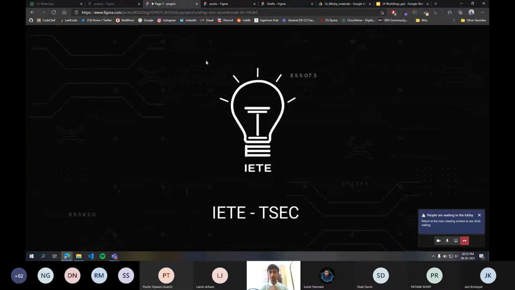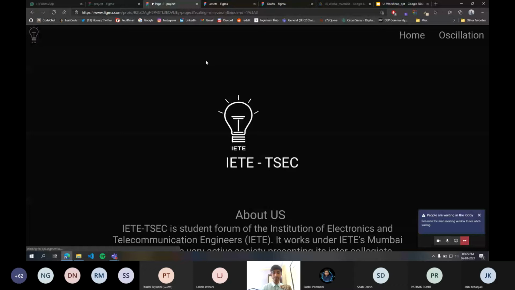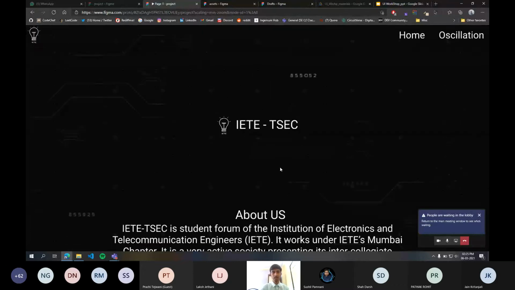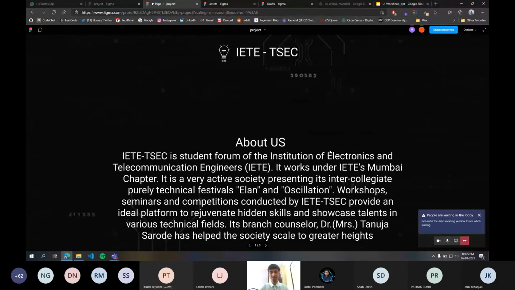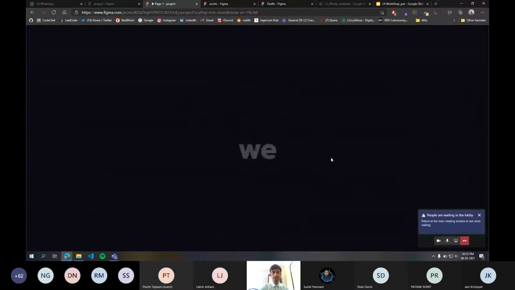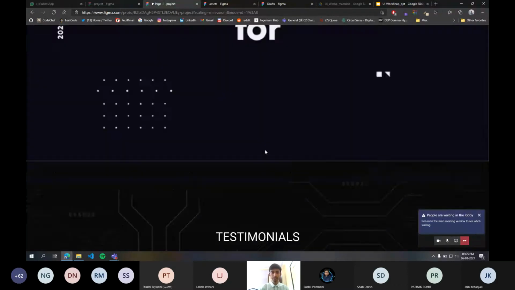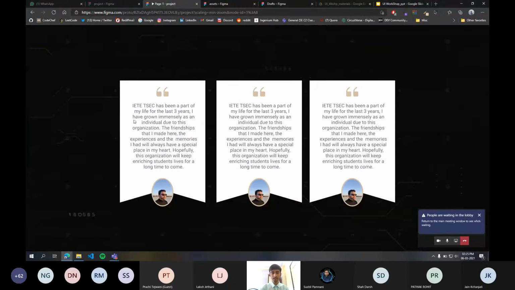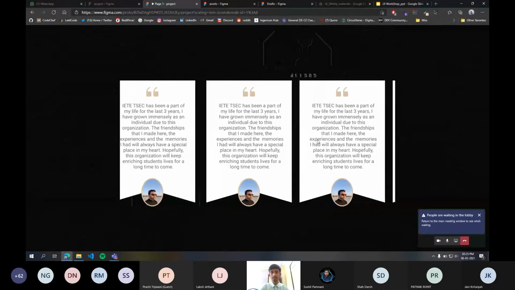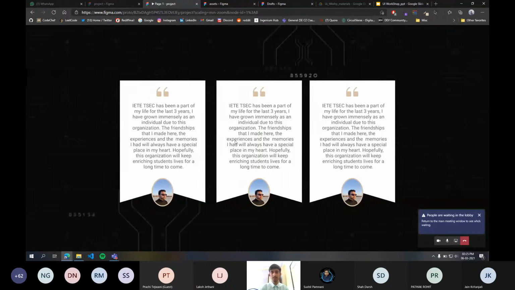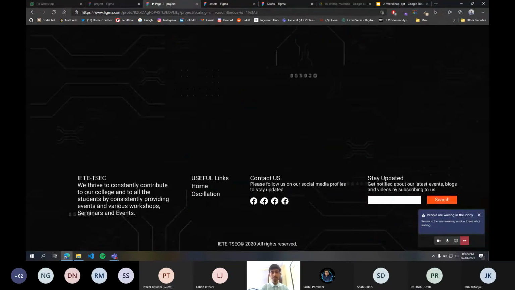So we are going to recreate our IIT's website. So this will be the landing page with this transition. Okay, with this transition, and this is our home page with some about us text content and an introductory video or introductory GIF playing, and below that we have this testimonial section where our SCOMs are placed. Okay, and then we have this horizontal scroll effect over this SCOM card grid, and then finally we have a footer, and there are these navigation links on the footer, social media navigation links on the footer.